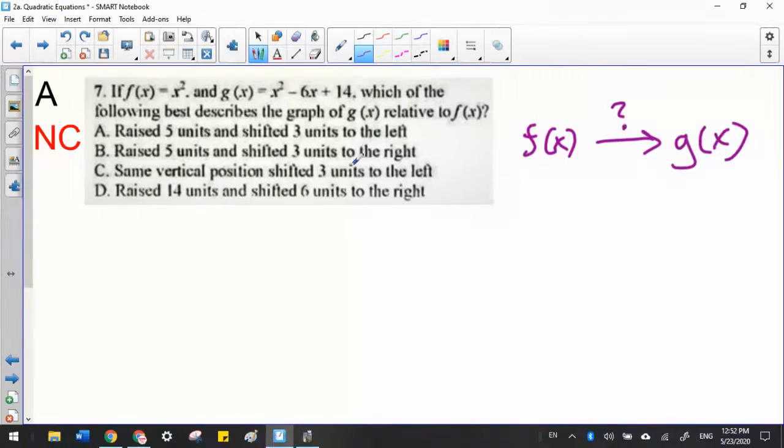And you can tell with A, B, C, D here, they're just talking about how the graph shifts. And one thing you guys should know right now is that graph shifting is, if you know that the behavior of the graph is the same, then it's the same thing as just shifting the vertex. So to show you an example,